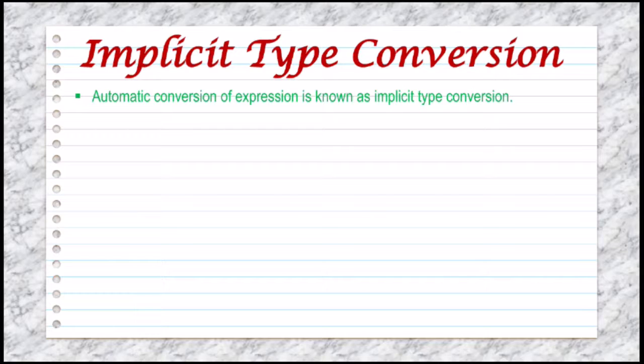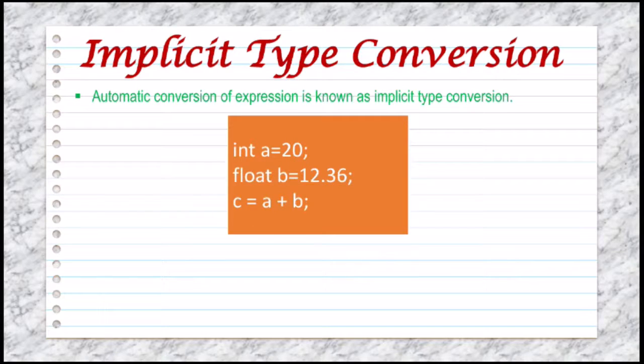So basically here conversion is done automatically. During evaluation, it follows very strict rules of type conversion. If the operands are of different types, for example, operands are integer and float, the lower type is automatically converted to the higher type before the operation proceeds. The result is of the higher type.